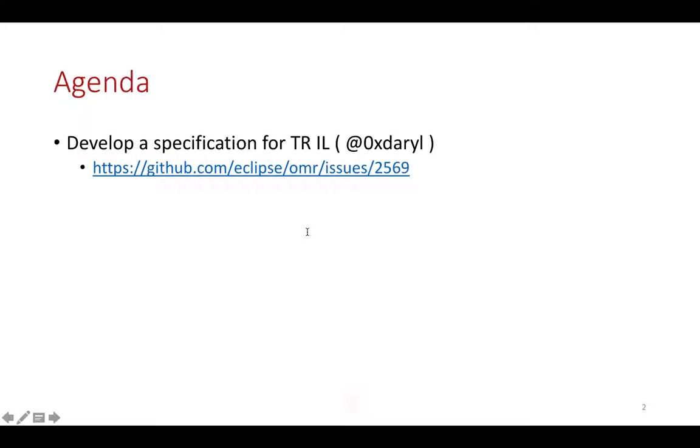Moving on, once we've got the components, we've got data types. Another kind of component you can think of here would be things like symbols and symbol references. We did take a shot at defining what some of these mean and how and when to actually use them. There actually is a document that Leonardo wrote that was added to the Eclipse OMR code base, which at least attempts to describe what these actually do. We may need to expand on that a little bit.